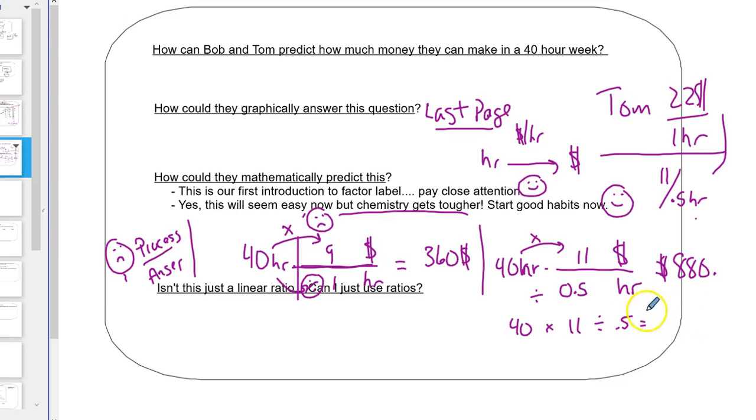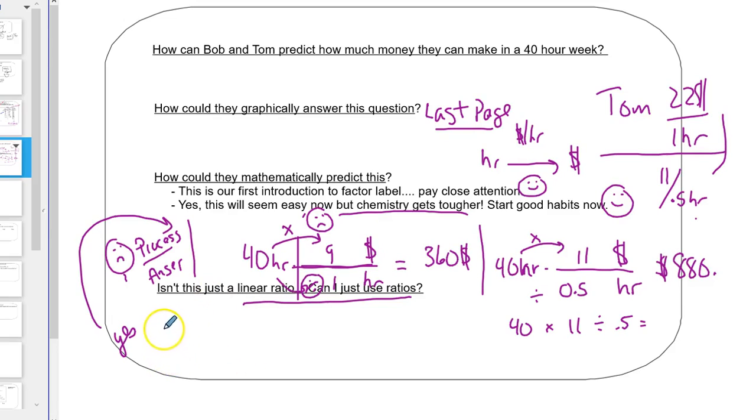Okay. Now, this is just a linear relationship. So, can we just use ratios? And the answer is yes. This whole thing is just a ratio, and ratios you learn back in like 4th grade. Now, we're going to be stacking lots and lots of ratios on top of each other in this process, which is the only reason why we care about this, is to stack these units, to cancel units, to help make it easier to work through the ratios. But occasionally there's a couple of kids who just use ratios.